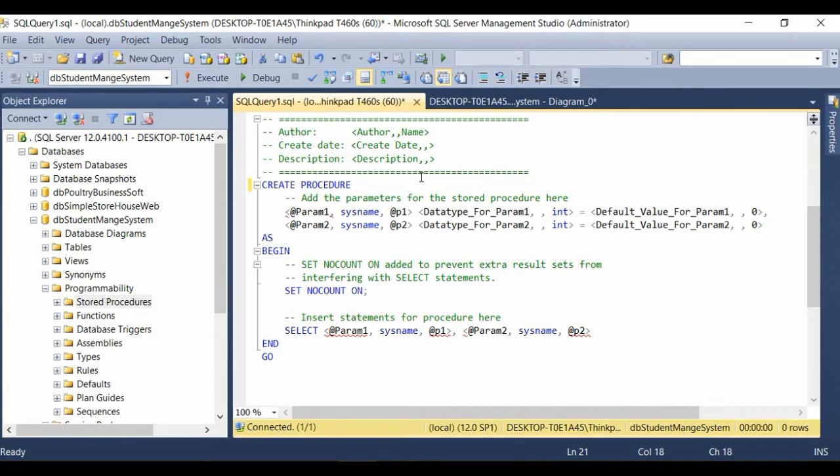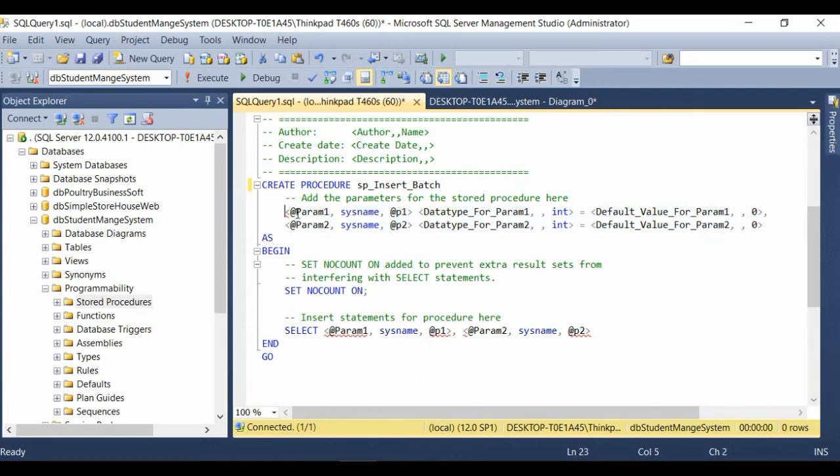So I'm going to name the stored procedure sp_insert_batch, okay,